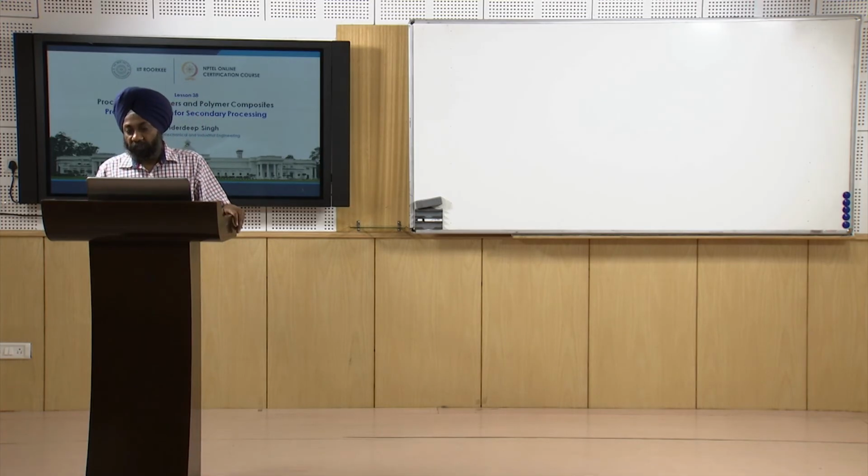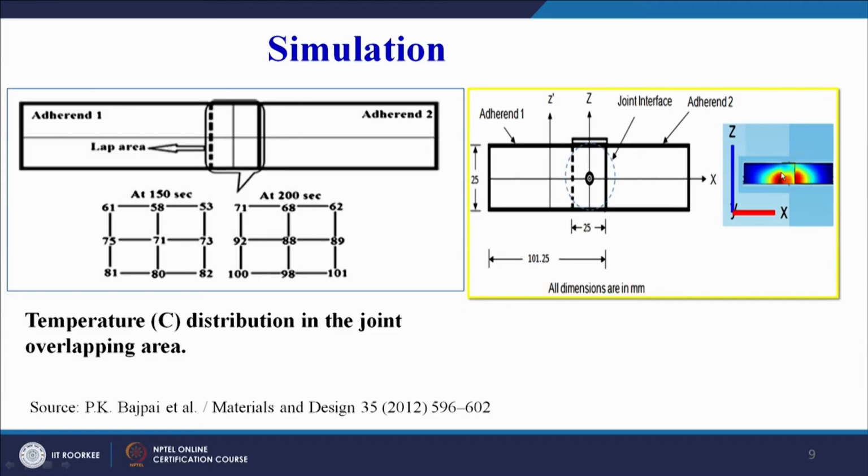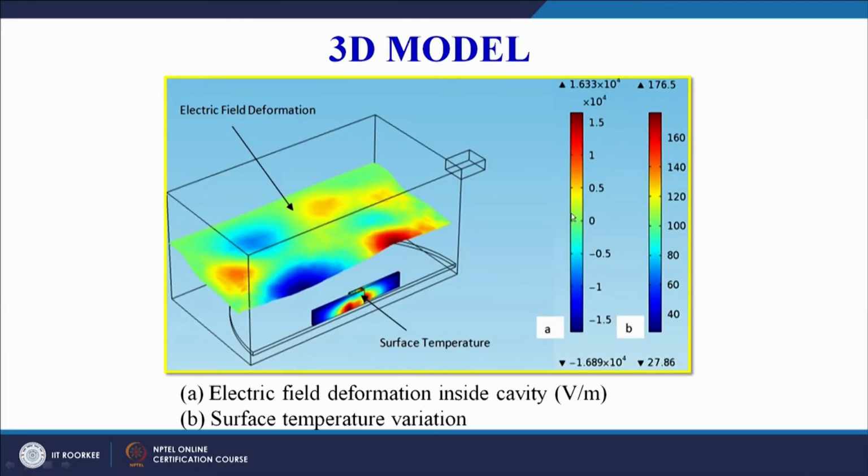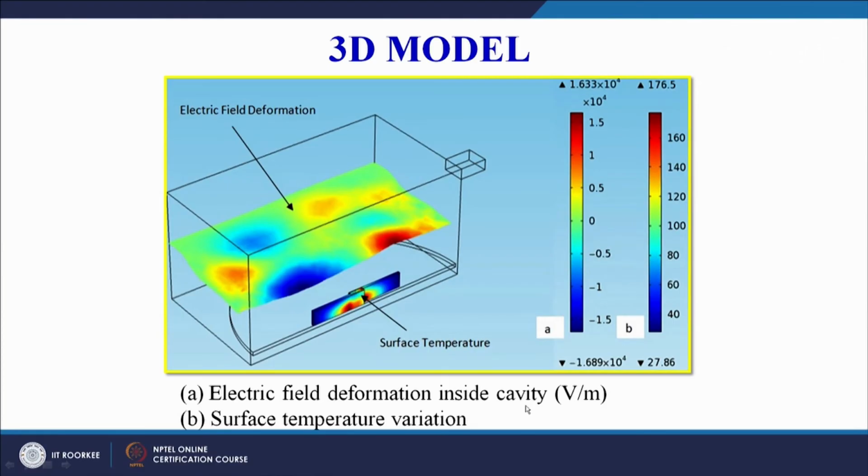So this is one simulation plot, the temperature profile shown on your screen. These are the two adherents in the microwave cavity. This is one adherent, this is the second adherent, and since we can assume symmetry, only half the portion has been modeled here. We can even get the electric field deformation plot inside the cavity, but more importantly we are interested in